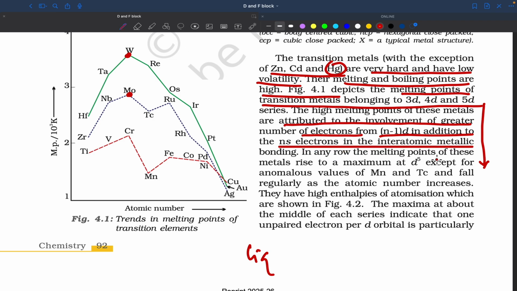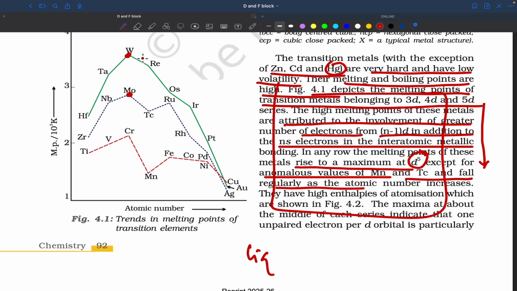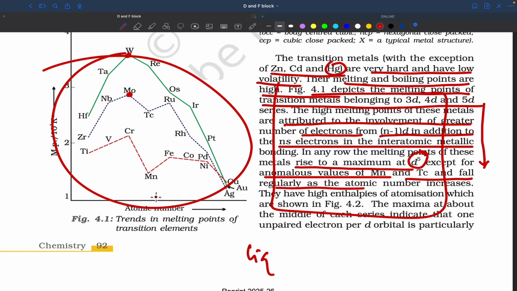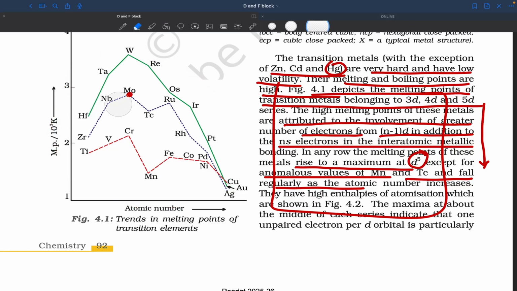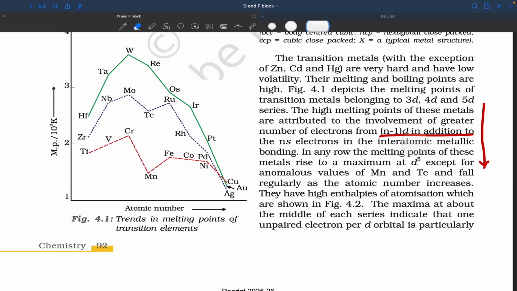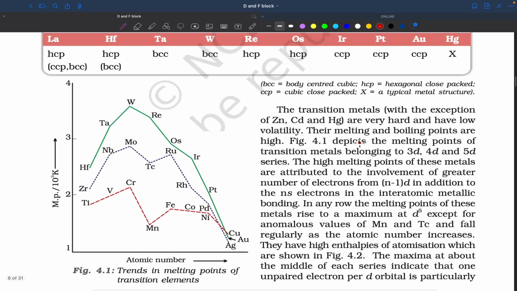In any row, the melting points of these metals rise to a maximum at d5 configuration, except anomalous values of manganese, then technetium, and fall regularly. So ఇదంతా గుర్తుపెట్టుకోవడం కంటే ఈ గ్రాఫ్ ఒక్కసారి గీసుకుంటే మీకు ఈజీగా వర్కౌట్ అవుతుందండి, రైట్? సో ఈజీ టు రిమెంబర్. సో వెన్ యూ హ్యావ్ ఫ్రీ టైం మీరు ఒకసారి ఈ గ్రాఫ్ను గీసుకోవాల్సి ఉంటుంది. Okay,